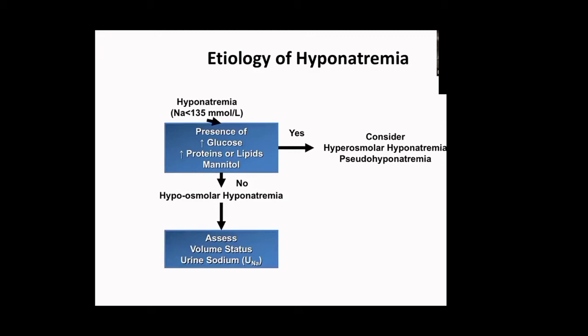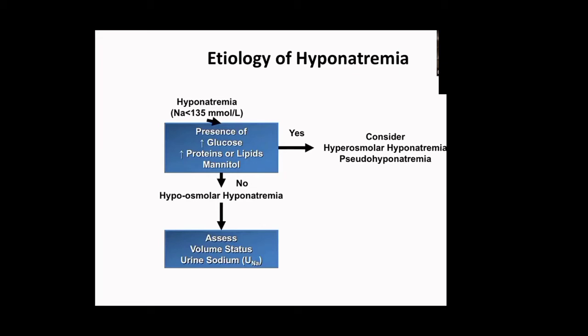Volume status, I do it by seeing the skin and the tongue and all these things clinically. If it is moist, I know the volume is fine. If it is dry, I know it is hypovolemic. And history plays a very important role. A patient with CLD comes, I know it will be hypervolemic hyponatremia. A patient with heart failure comes with pulmonary edema, bilateral B lines. If you are getting hyponatremia with bilateral B lines, I know it is hypervolemic. If I am getting hyponatremia with normal lungs, no B lines, and a collapsing IVC, I know it is hypovolemic hyponatremia.